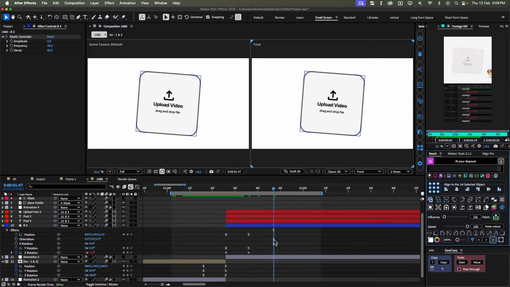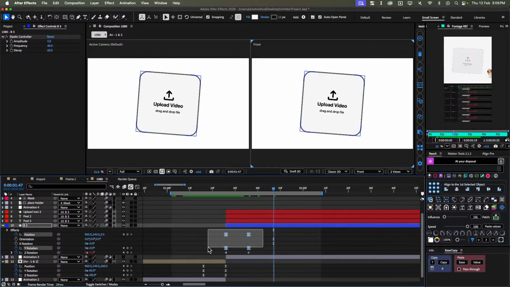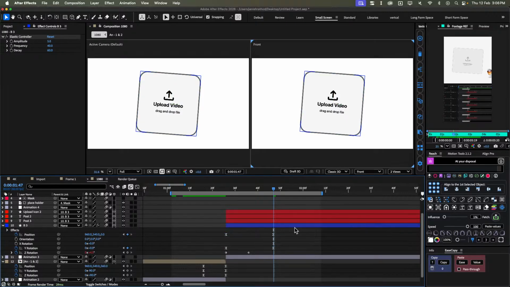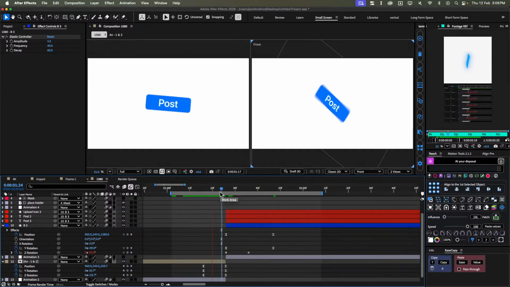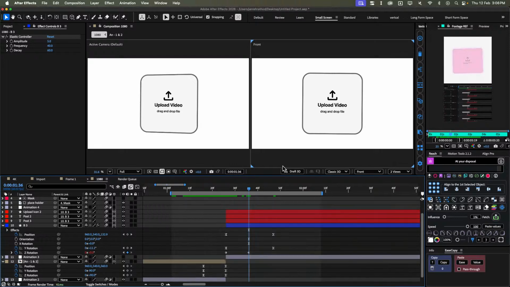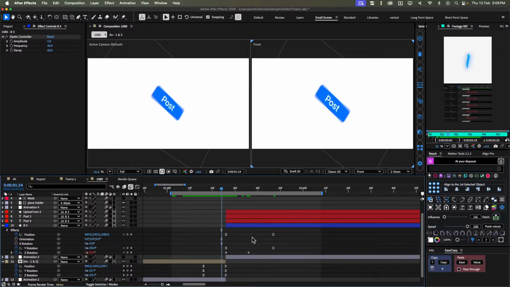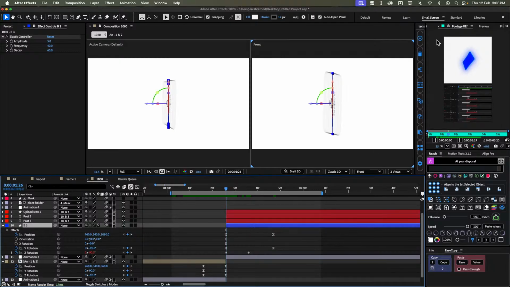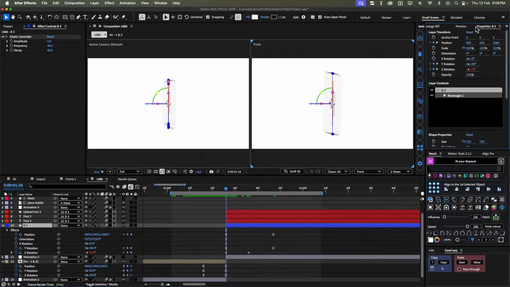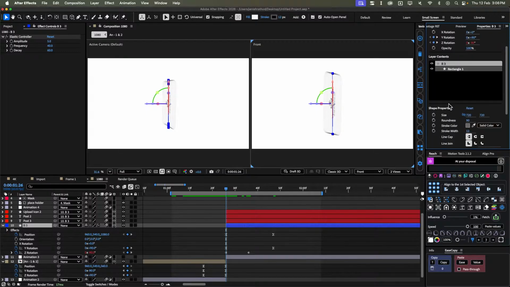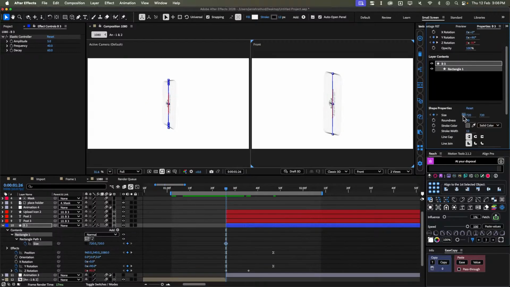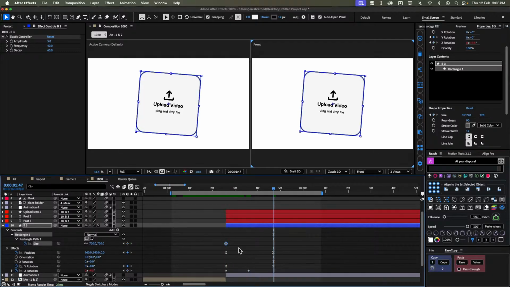One, two, three, and I will set this keyframe duration to something like this. This, and let's play with the size, okay? We'll go into properties panel and lock the dimensions, and